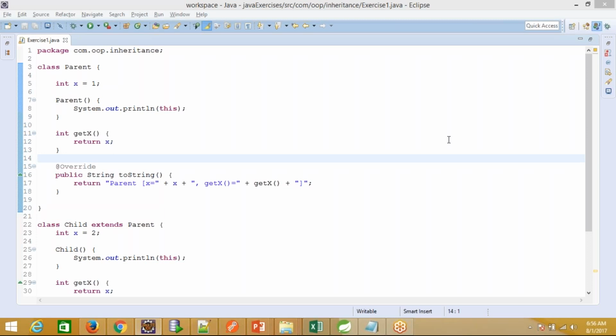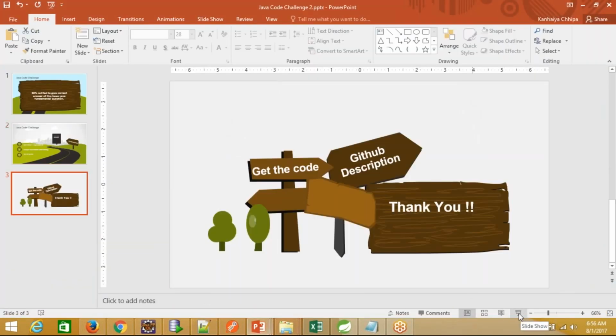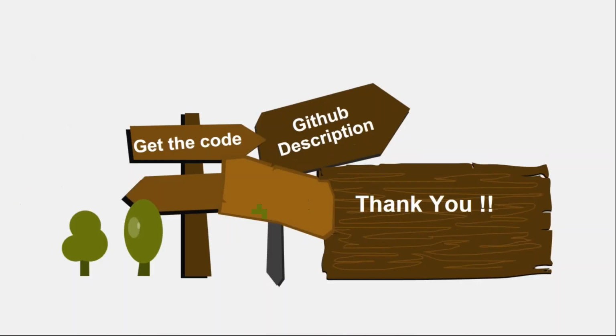To help you with where you can get this program, you can go to the description box, where I have provided this program itself in the description section, and I have also provided the GitHub link along with that. So if you want, you can get that particular program from GitHub also. I really recommend you to try it once.